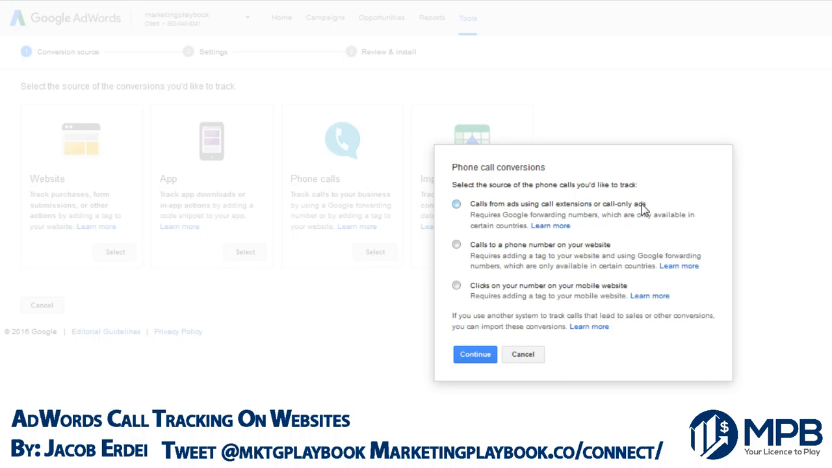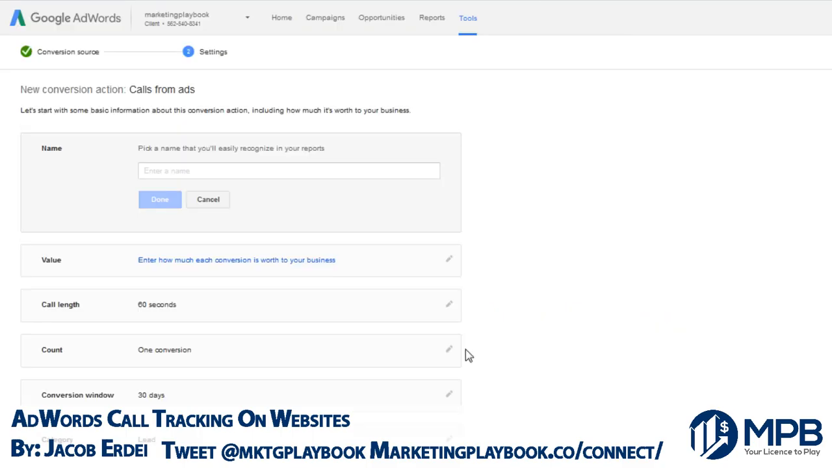The next one that we have is calls to a phone number on your website. So that's going to be the second one that we actually set up. But we have to set up the first one in order to get that call forwarding number in the first place for Google to then show that number with the calls to a phone number on your website. So we're going to go ahead and do this first one. Calls using call extensions and call only ads. And we'll actually set up a call extension call only ad for you just because this is a call